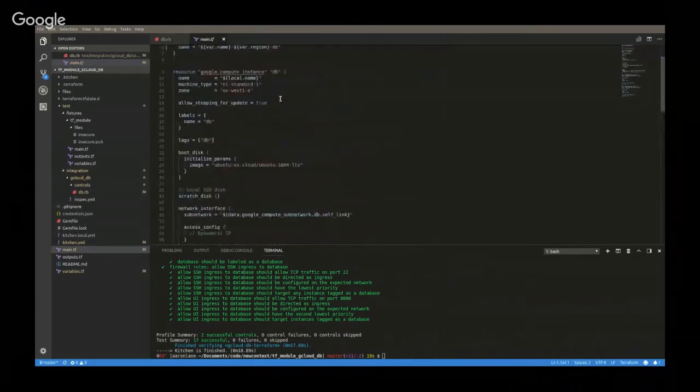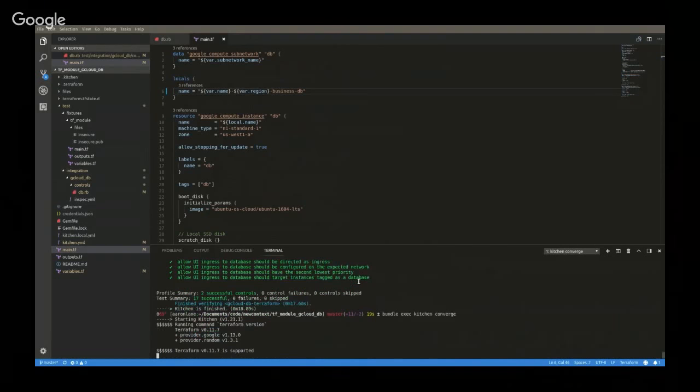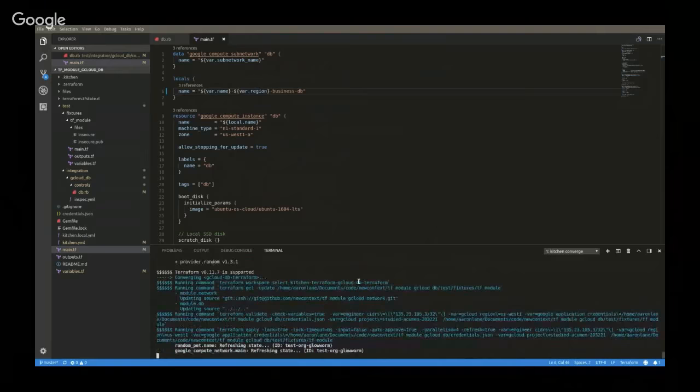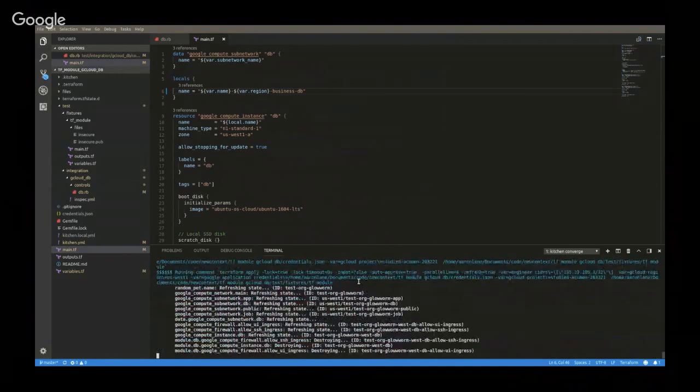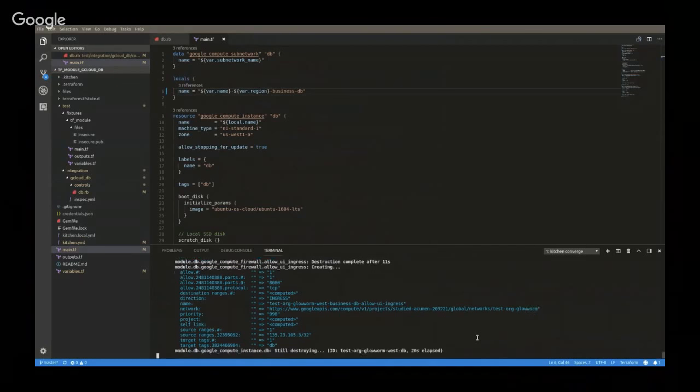So just to show off and prove that our tests work and that this would help us prevent shipping broken code through CI/CD, we're going to go and add some important additional business information to our naming scheme again. And now when we reconverge our Terraform structure, similar to what Nick showed us earlier, again, as expected, we see that our structure is being destroyed and recreated. The reason being that because we've changed the name of the database instances, Terraform decides we need a new instance to match that name, and so it destroys what was there and creates a new one.